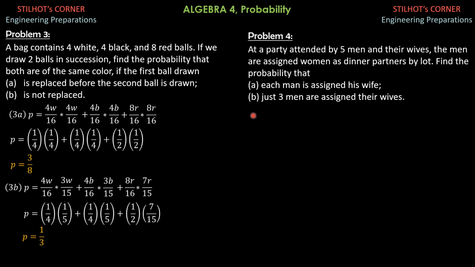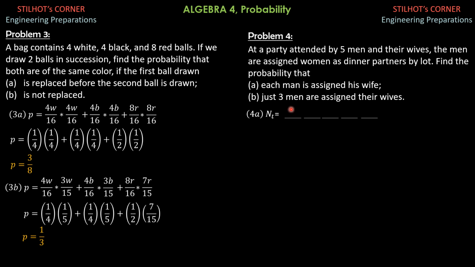The probability, because there's only one way for each man to be assigned his wife, so 5C5, that's 1. And the total number of outcomes would be, for the first case, there are 5 wives, so therefore 5. For the second case, 4, 3, 2, 1. So that's 5 factorial total number of outcomes. So n sub t is equal to, so just draw bars. This is by the horizontal bar method.